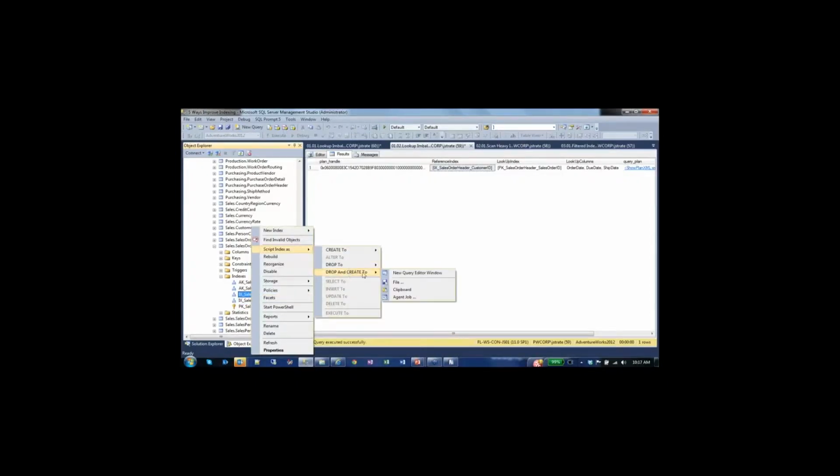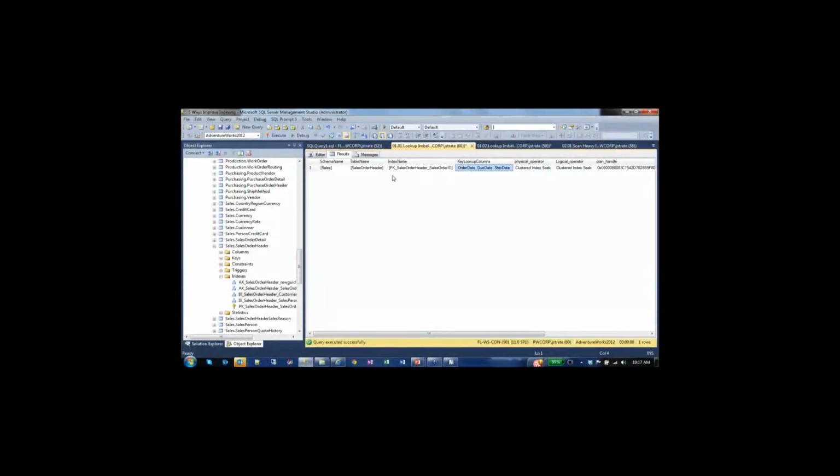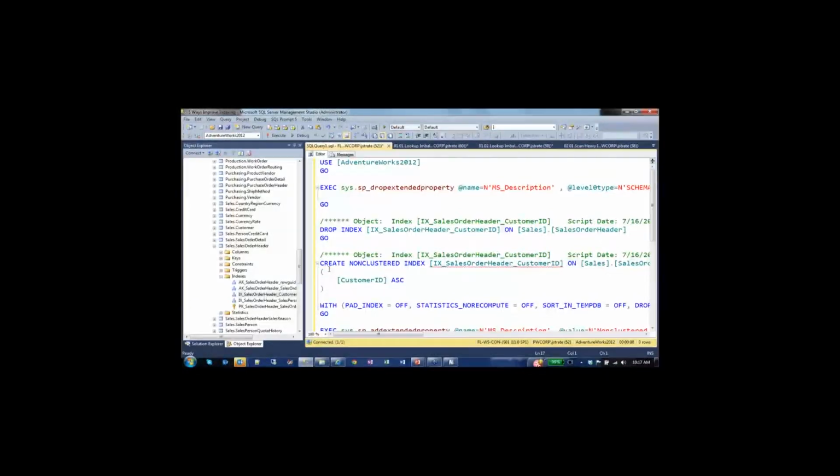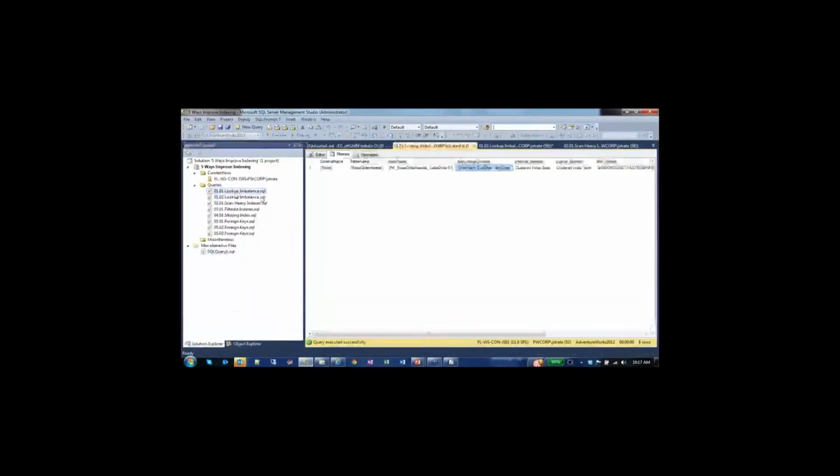We're just going to script that out. It says to add in those three columns, so we add in those three columns. Include them, go through and run that, and if we go back to the original script,